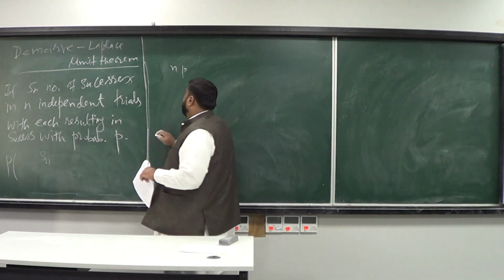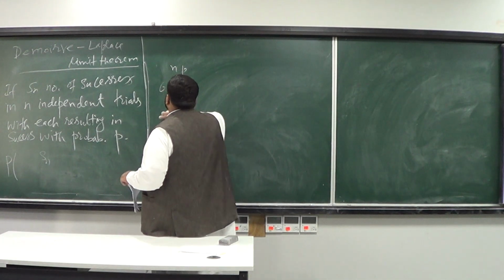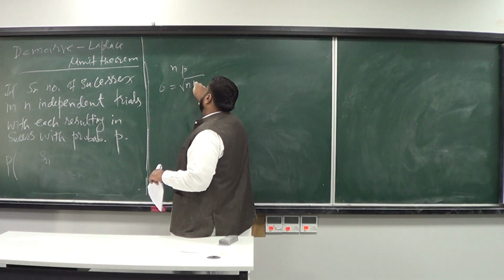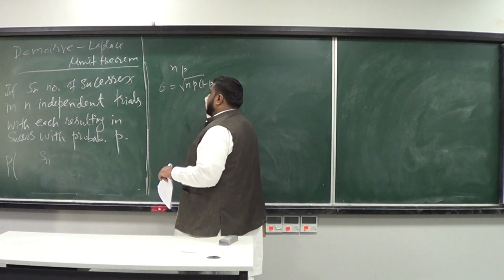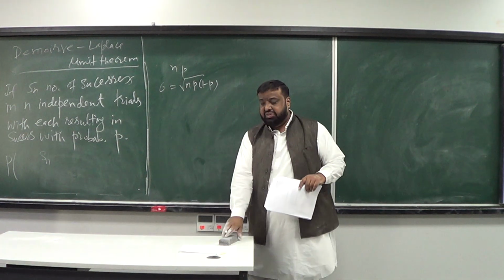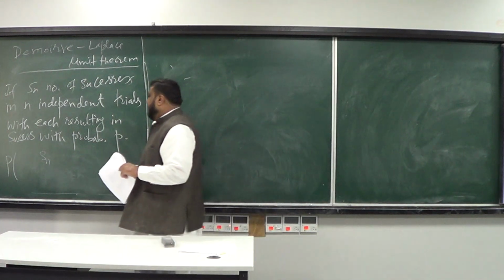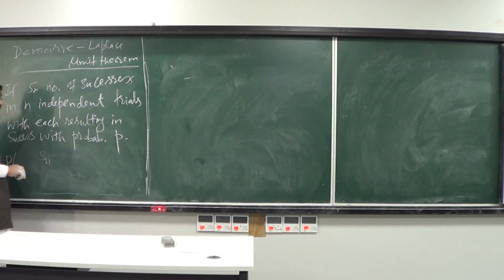And what is going to be the standard deviation? The standard deviation is going to be the square root of NP(1 minus P). So these are the two facts about the binomial random variables. So if you have this Sn, that is basically the total number of successes